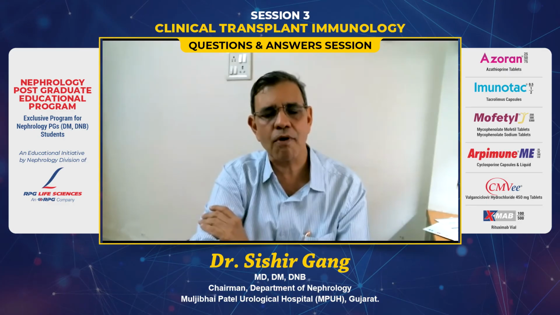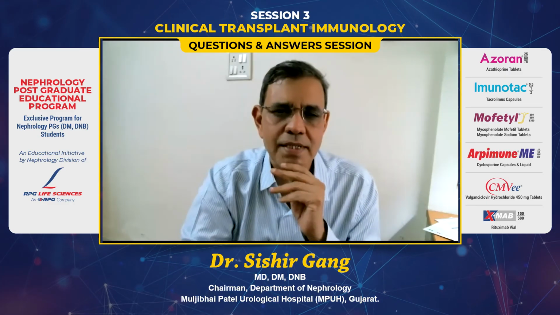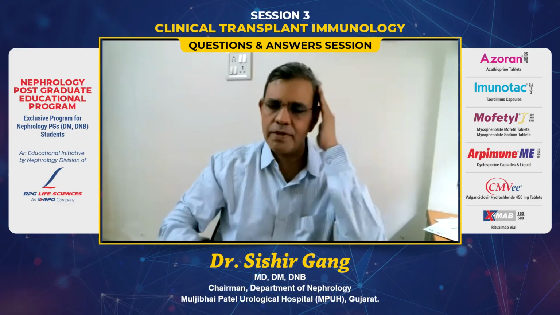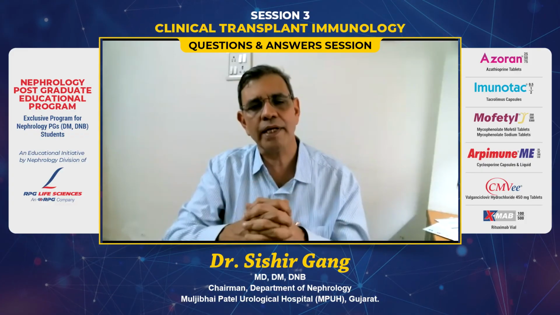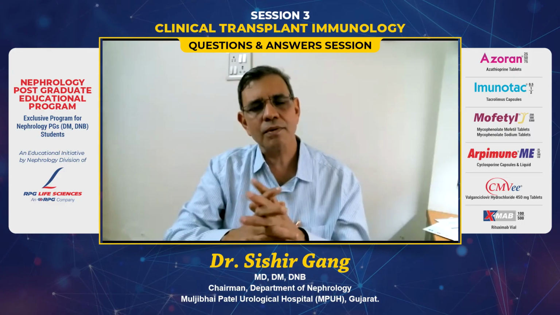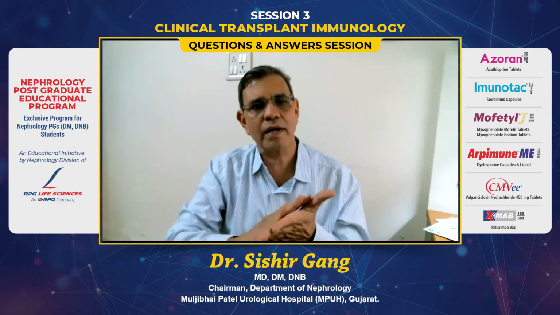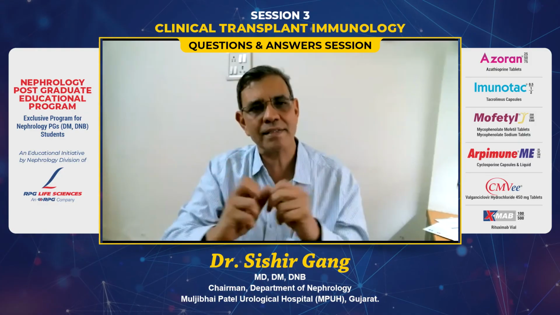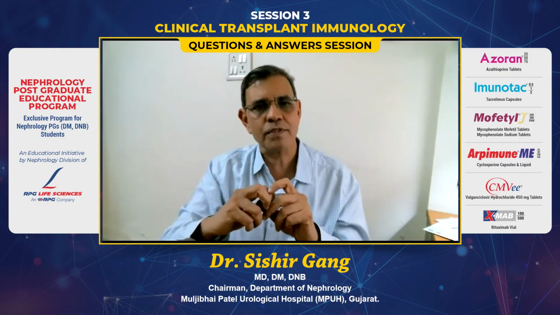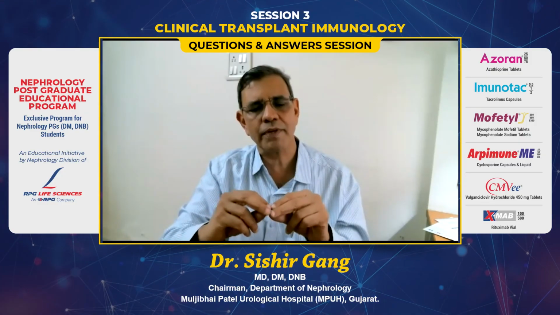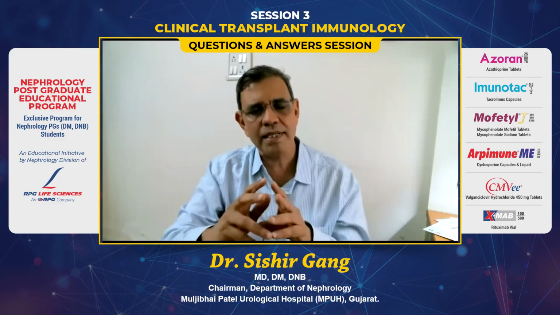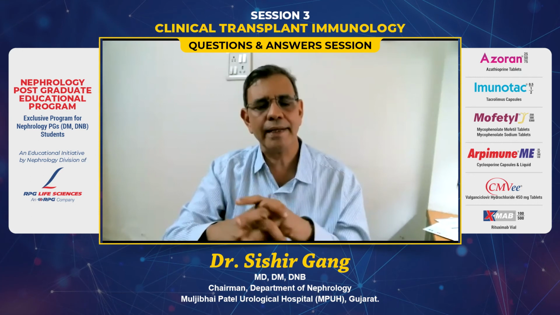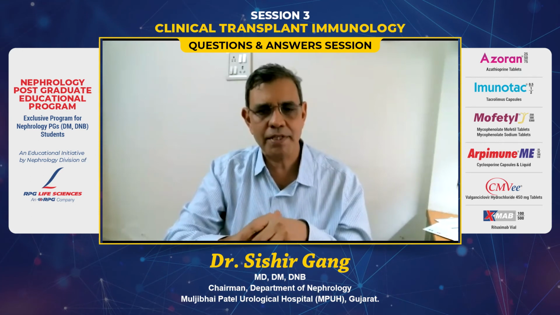Yes, I think it's a very important question, because once you get a viral infection, especially CMV infections, these viral and bacterial infections upregulate the MHC molecules. Normally a tubular cell or endothelial cell would have very few antennas coming up to attract the T lymphocytes. But once you get a viral or bacterial infection, this MHC upregulation happens, and more T cells would come there and then engage in damaging the graft.